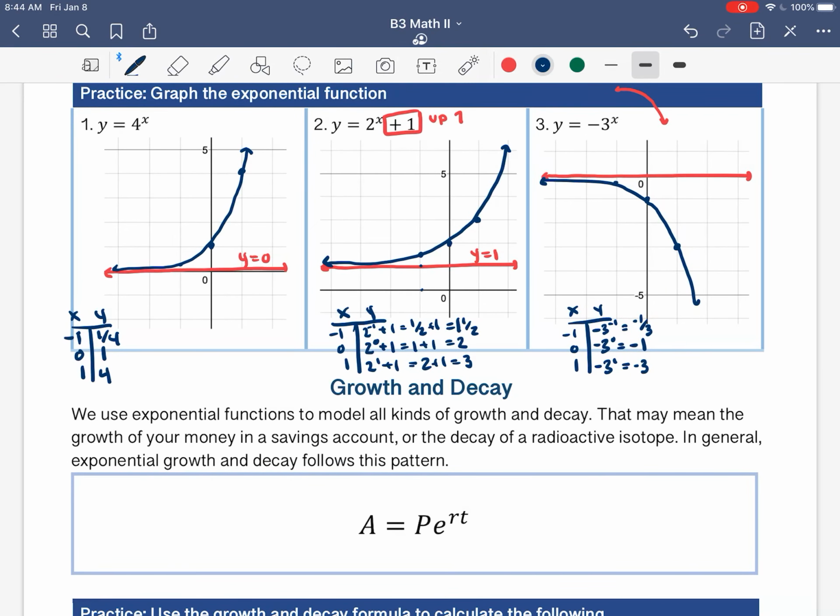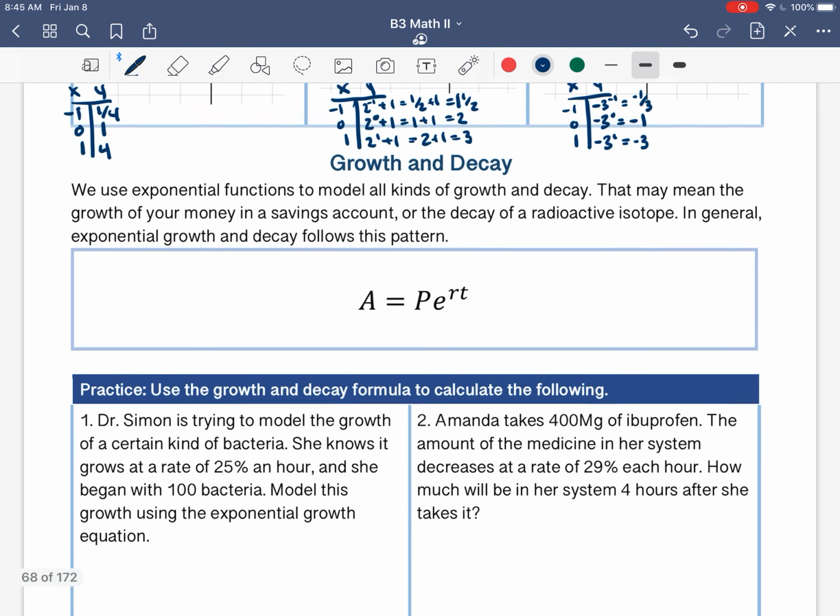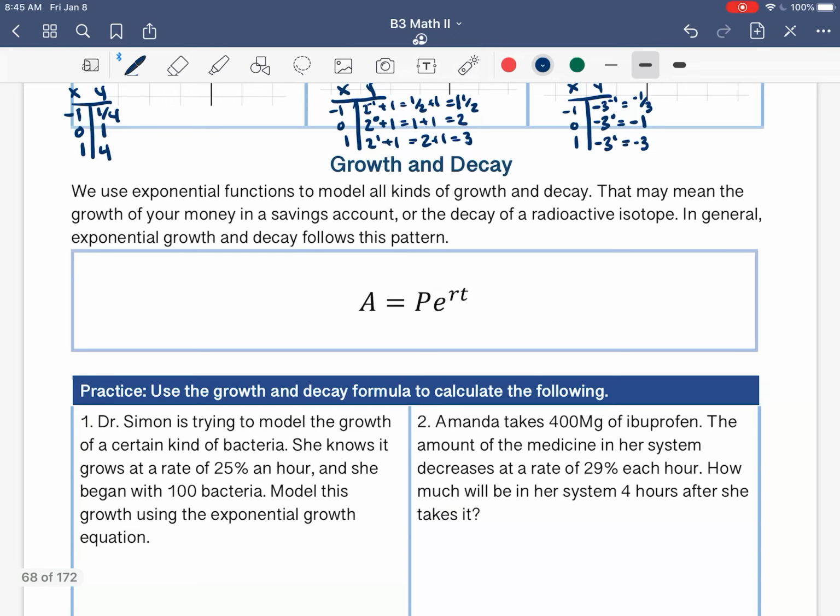So now that we have graphed a couple of those functions, we're going to talk about some applications for exponential functions. And it turns out there are a lot. Exponential growth and decay is something that happens in nature. We use exponential growth and decay to model populations. Specifically, usually it's like bacteria populations, things that grow really quickly. Isotope decay, radioactive isotope decay,